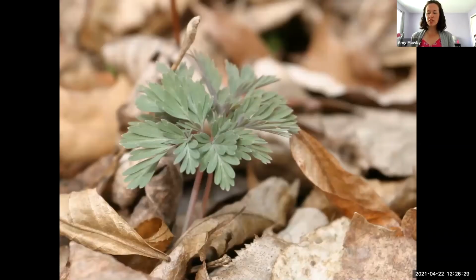So when both of these species of plants are coming up in the spring season, they have this very nice ferny looking, nicely dissected leaves. But from this point, it's really challenging to tell if you have Dutchman's breeches or if you have squirrel corn. Now, of course, if it's at your house and you know what you planted, you know what plant it is, but if you're out kind of walking in the woods or in a natural area, you may not know exactly what you're looking at quite yet,